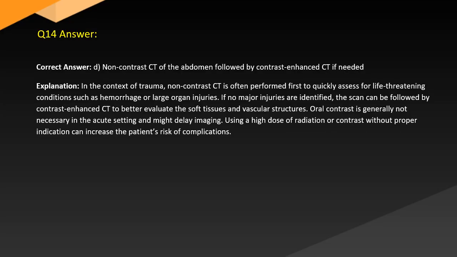Answer. Correct answer: D. Non-contrast CT of the abdomen followed by contrast-enhanced CT if needed. Explanation. In the context of trauma, non-contrast CT is often performed first to quickly assess for life-threatening conditions such as hemorrhage or large organ injuries. If no major injuries are identified, the scan can be followed by contrast-enhanced CT to better evaluate the soft tissues